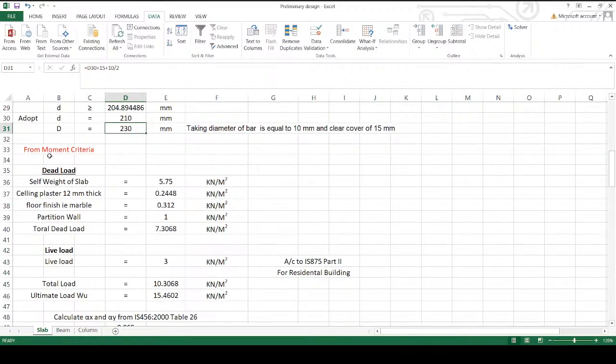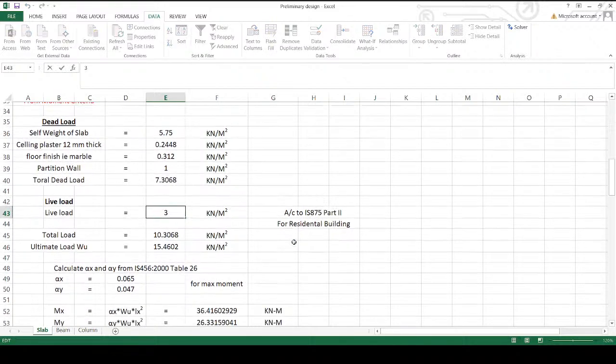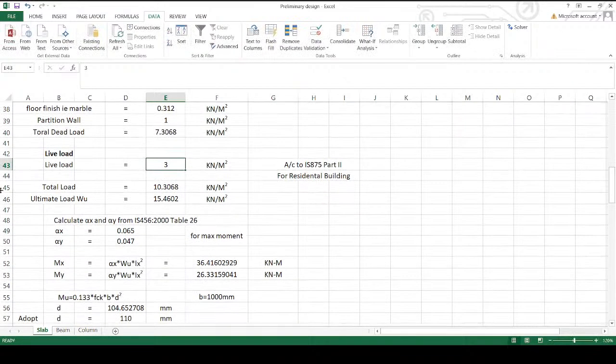And again we calculate from the moment criteria the dead load of the slab, that is 25 into D, capital D dead load, and 12 mm thickness of the plastering on the ceiling of the slab, that is plastering gamma 20.4 with 12 mm thickness. We have calculated for the marble 26 into 12, that is D, and 26 is gamma. Total load is the summation, and live load is 3 according to the residential building, and the total load is 10.30